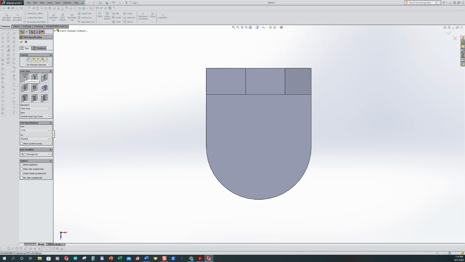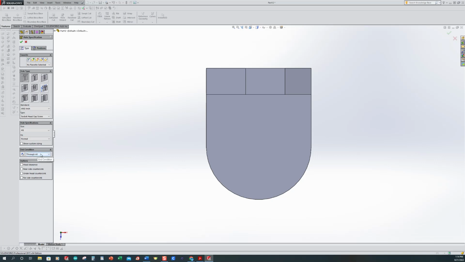This top left one over here, you know, we have counterbore, countersink, simple hole, threaded hole, taper tap, legacy hole, slots, and another type of slot that doesn't have a counterbore or countersink on it. So we do want to be in the counterbore section, so make sure that you have it selected. Make sure that your standard is on ANSI inch. We also want to make sure that we're on socket head cap screw, and our size is pretty big for the part that we have, so we want to change our size. So I want to drop this down and I want to roll up. So we want to use a number 8,